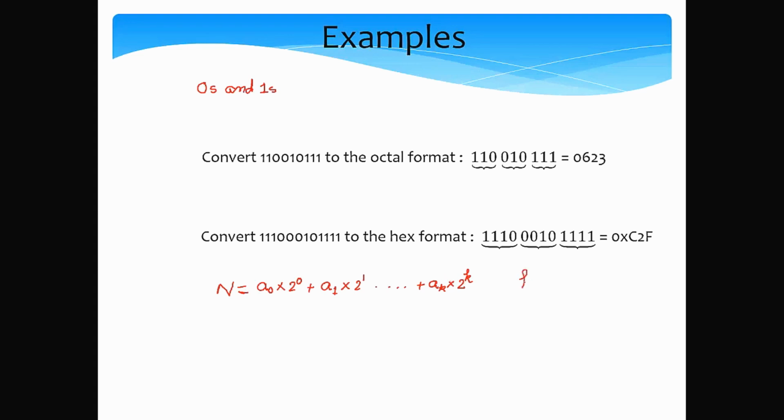So the binary number would essentially be... so this is something that we already know. Now we can alternatively say that this is equal to